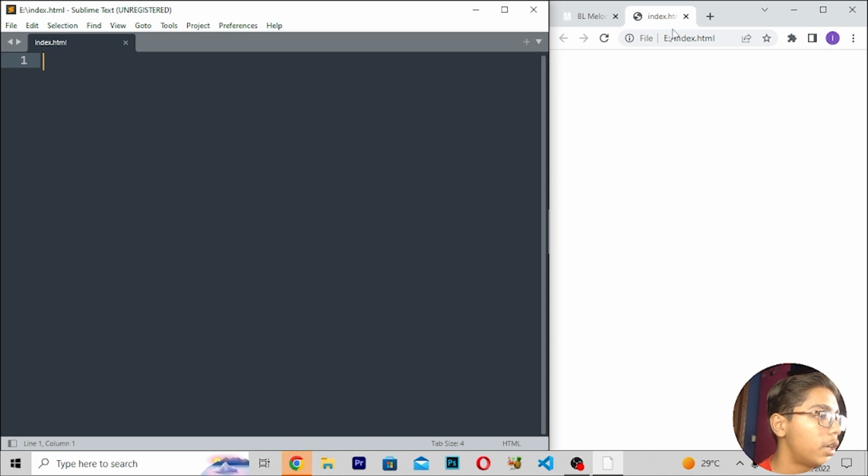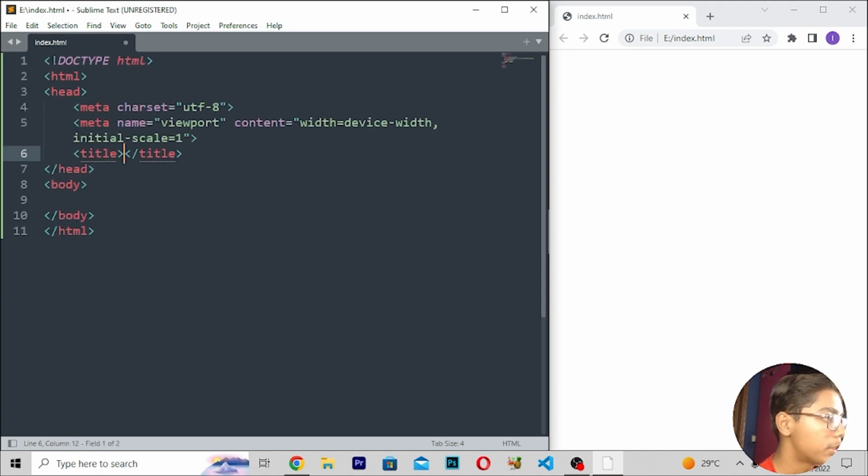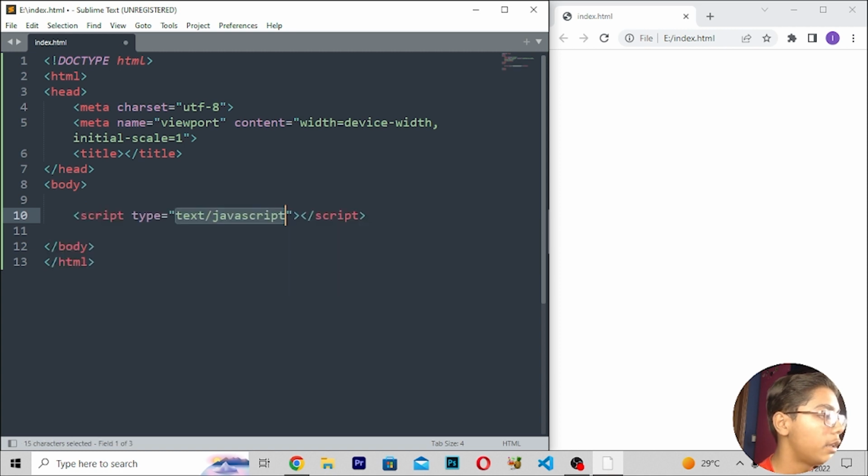Here you can see we have just written this, and now when you've written all these things, if you want to build this amazing Melody project which we have built, you have to move here and write a tag. First of all, I will be writing the starting code of this JavaScript. Now when you've written this, we have to make a script tag in which we will be writing all the JavaScript code. So Control Z.